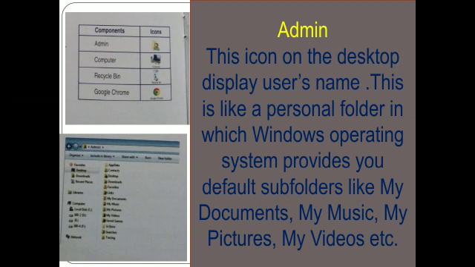This is like a personal folder in which the Windows operating system provides default subfolders, consisting of my documents, my music, my pictures, my videos. You can see all these things in the second image.